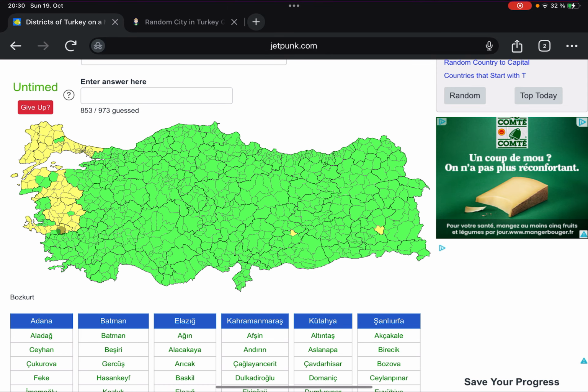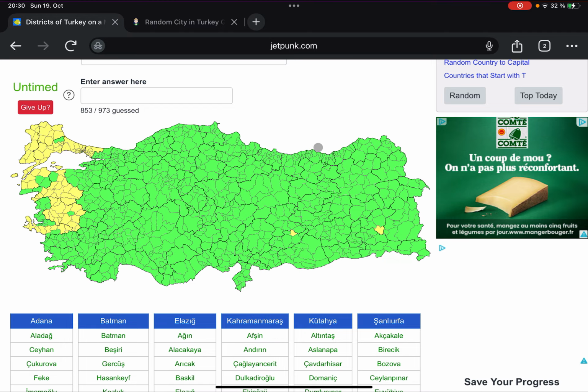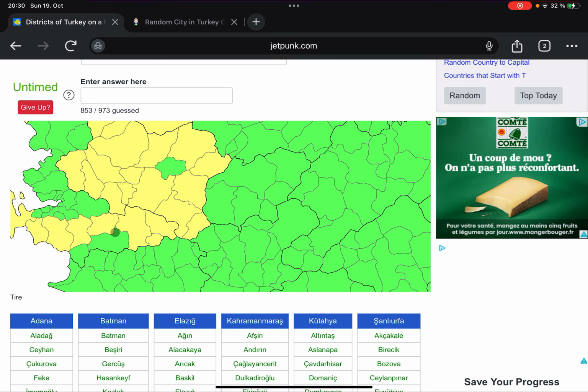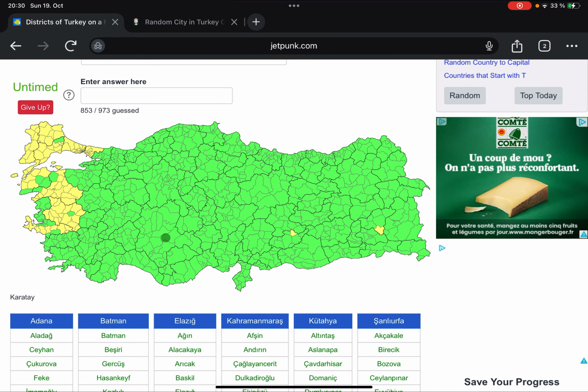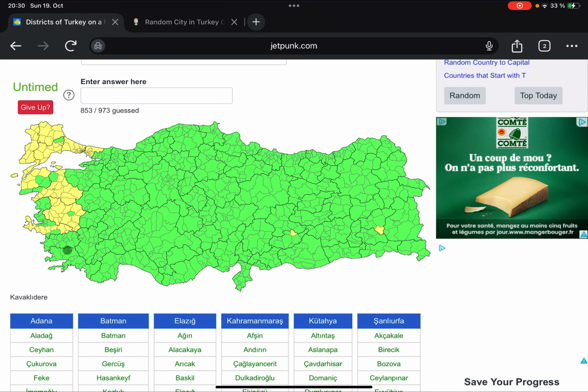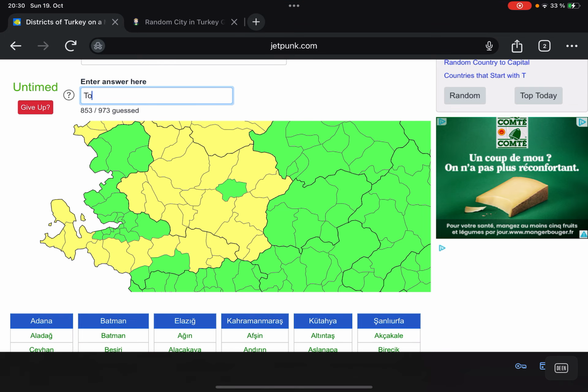The reason why I'm mixing it up is because it's not Tirebolu, it's just Tire, and it's already been named when we tried to name Tirebolu. Tirebolu, of course, in the province of Giresun here as well. So that's why I just mix it up. But yeah, we already have Tire and we already have Selçuk from when we tried to name Selçuklu, which is one of the districts forming the city of Konya. And so that's why it's not Tirebolu, it's Torbalı. That's why I mixed it up, because it also starts with a T.